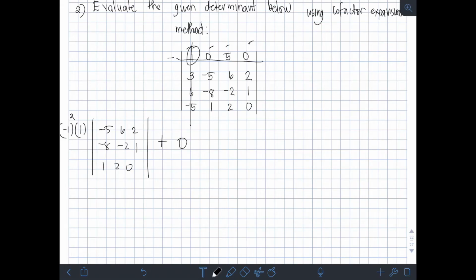So, sige, pakita ko pa rin kung ano yung magiging cofactor. Cross natin yung column 2 tsaka row 1. Ang matitira is 3, 6, 2, 6, negative 2, 1, negative 5, 2, 0. Times negative 1 raised to, dahil row 1, column 2, 1 plus 2, or